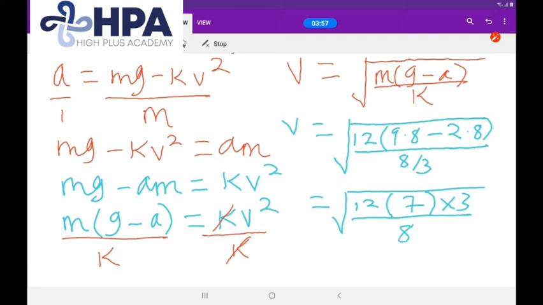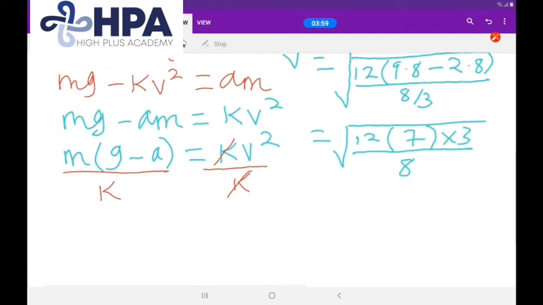Very good. So our final answer will now be of this form. If you multiply 12 times 7 times 3 very well and divide it by 8, you'll be getting 31.5496. So if you find the square root of this, you'll be getting